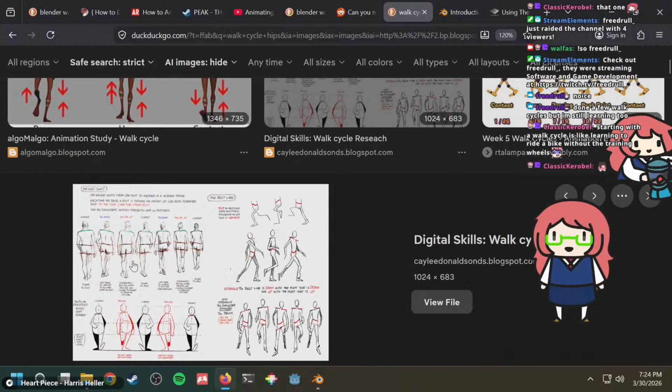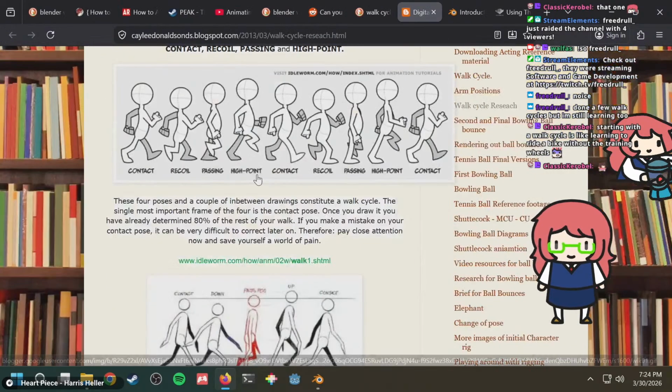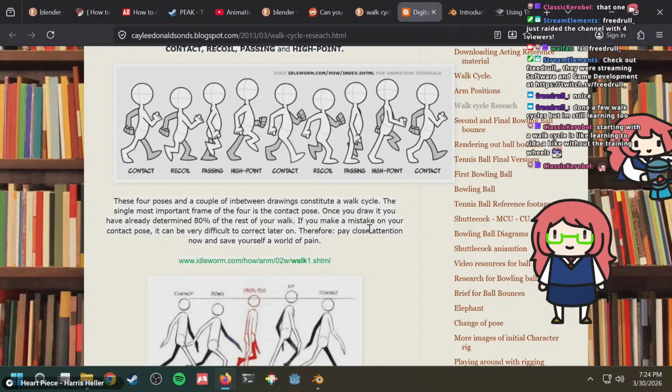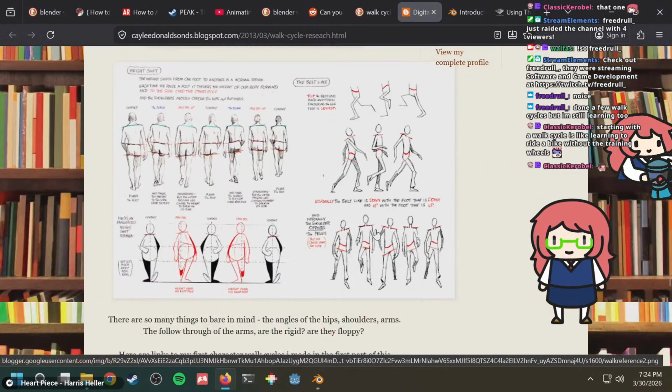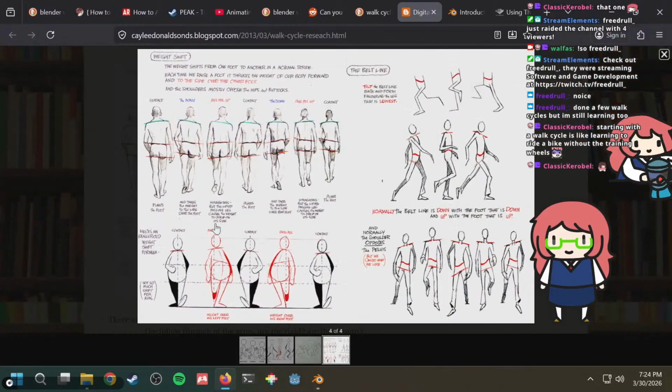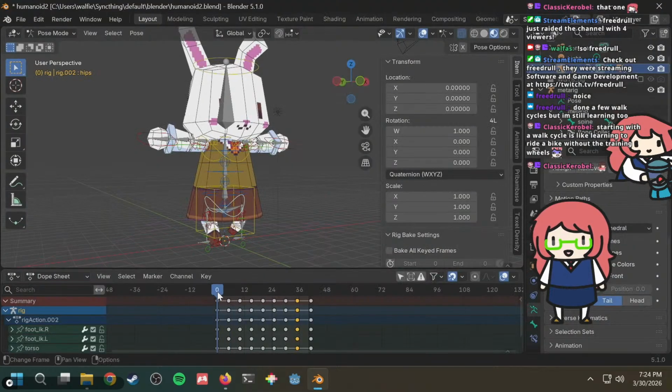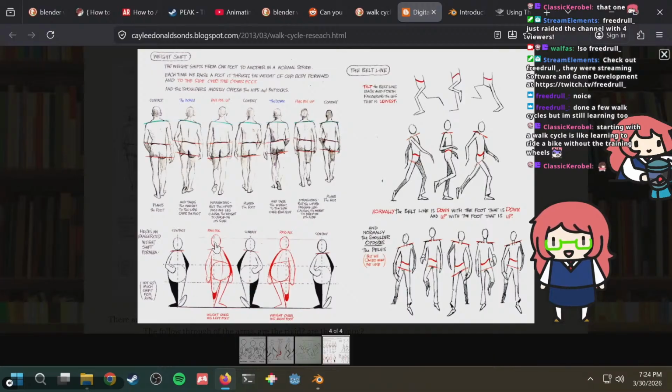Have to make sure that you know what to do. Walk cycle from front. Alright, so we got contact pose is neutral. The hips are neutral on the contact pose. And then pass.